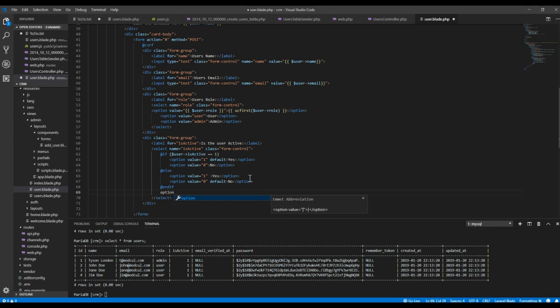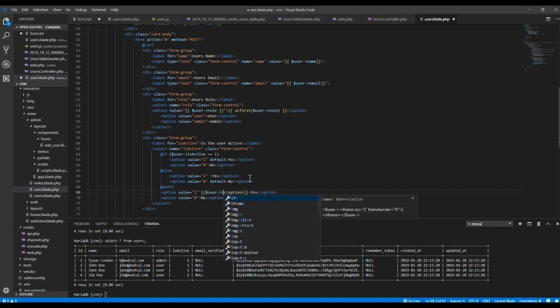So option times 2, value is going to be 1, and then the value here will be 0. We'll put in yes, and we'll put in no for this. And then within our if statements, we will do if, we'll say $user dash is active. So if it is active is equal to 1, or we could just say is active, that would be fine too. Then